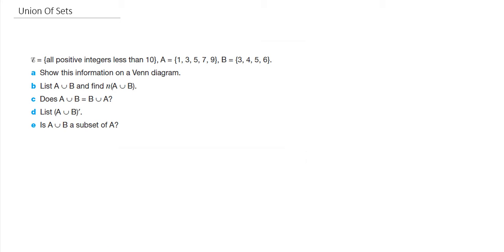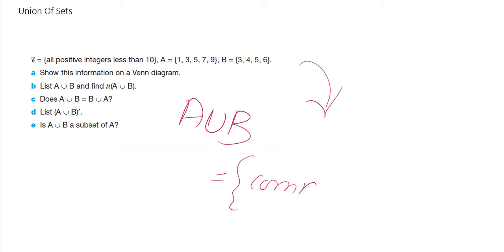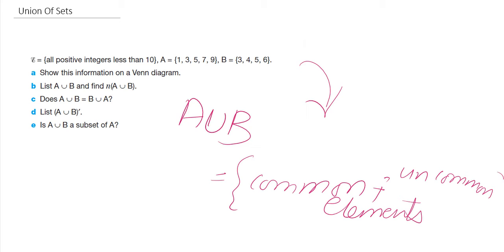In this video, we will discuss the union of sets. You know that the union of sets contains all the elements. We have to write all the elements that are present in both sets or more than one set. Like if we have to write A union B, we have to write the common elements and the uncommon elements. We have to write both of them, but only once. So let's check out how we write this whole thing